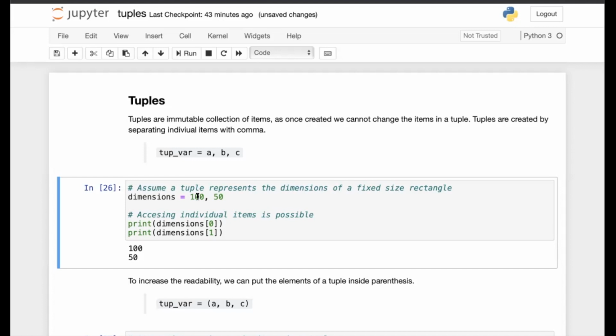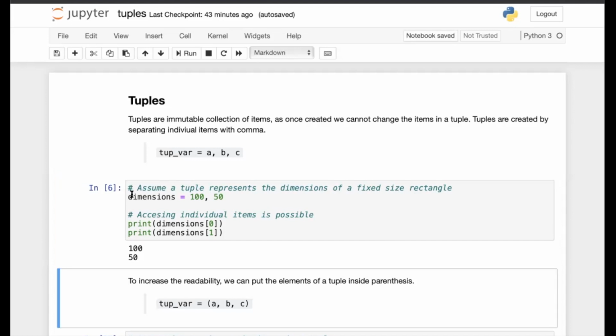You can access the individual items of a tuple by indexing. We provide the index inside a square bracket. Like in a list, here we can also access the individual items by providing the index, and the indexing begins from 0. So the first item gets the index 0 and the next item gets the index 1 and so on.